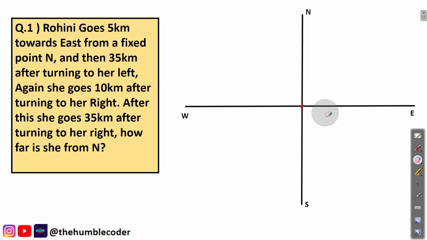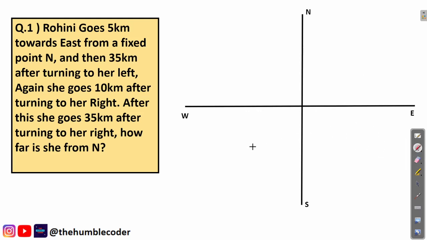You should also have a clear understanding of left and right direction, right? This is the right direction and this is the left direction, because at any point of time, suppose a person is in the north direction, then for him the left direction would be this and the right direction would be this. Similarly, if a person is in the south direction, for him the right would be this one and the left would be this one. In this way you should have knowledge of left and right also. So now we have covered the basic things that we need to know.